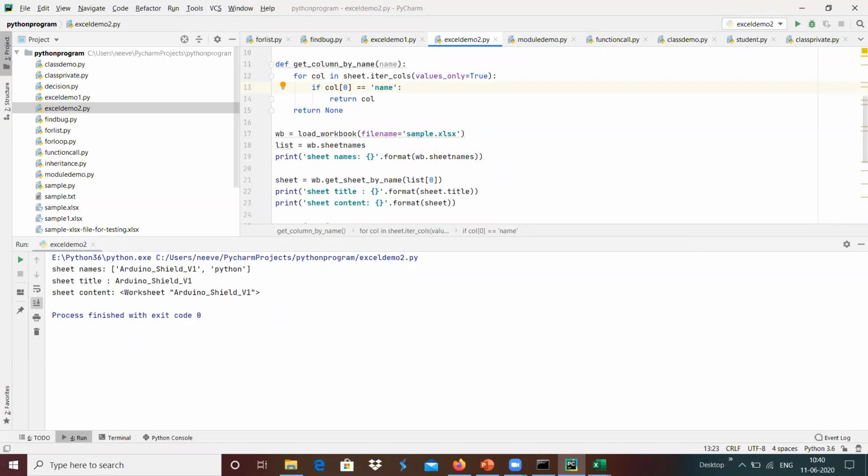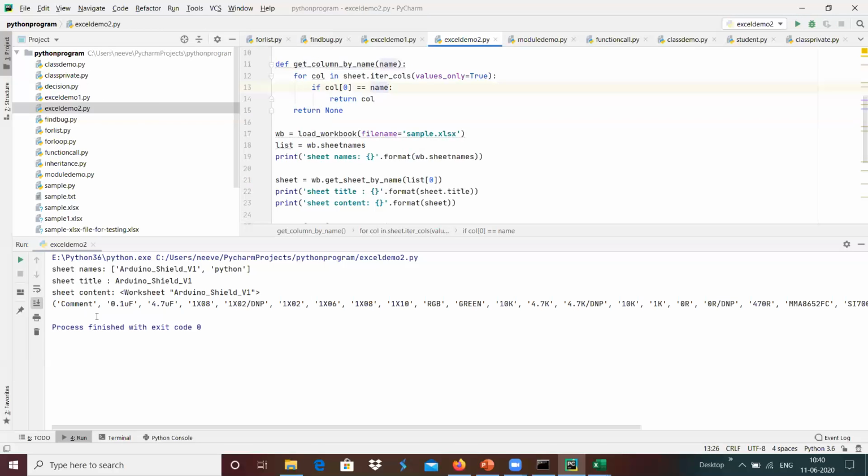It will not check with the argument we are passing. I'm going to change it over here, and whenever we run this, we got the output of that particular column which we are interested in. Like that, we can fetch each column and each row separately over here.